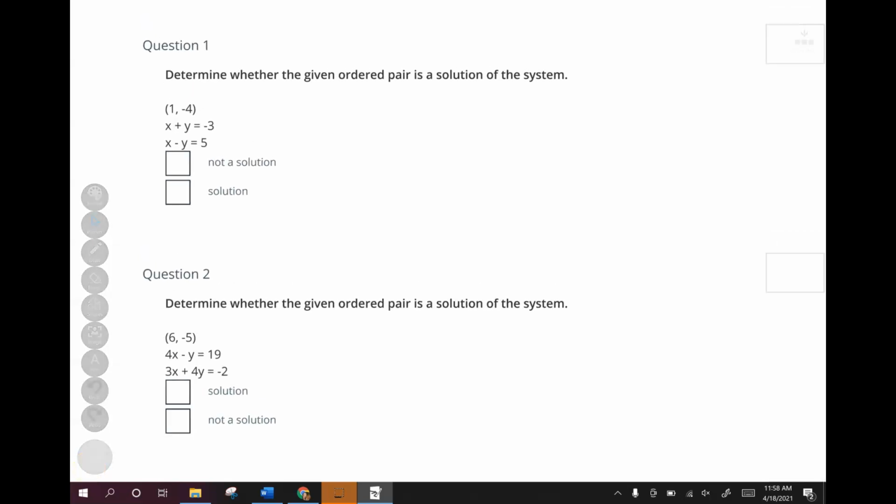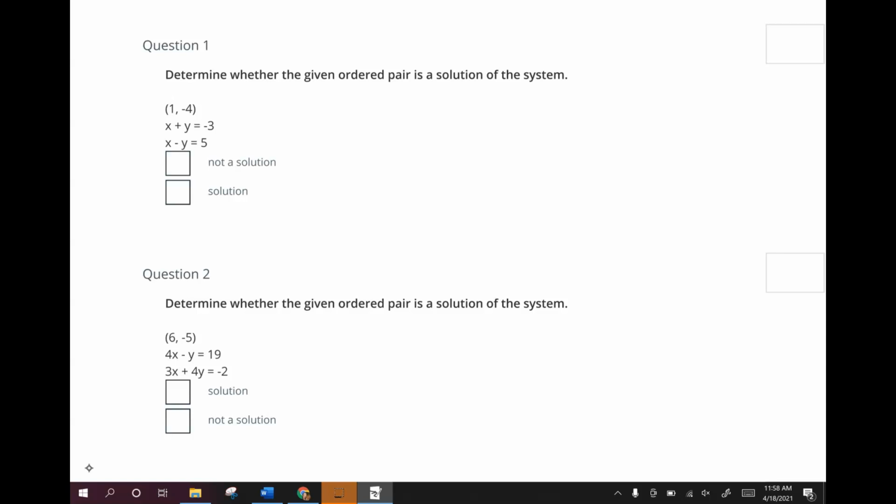Hey guys, this is going to be a video going over the Unit 7 test review. So in these first two questions, you're just determining whether the ordered pair is a solution to the system. Remember, a solution is going to be something that satisfies both equations, which is why the two lines would intersect